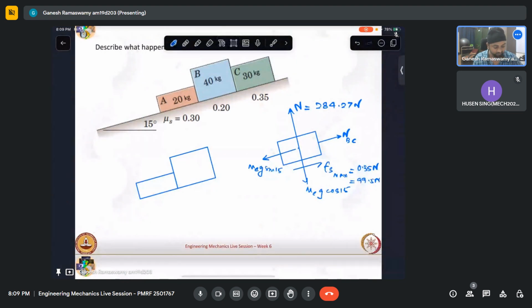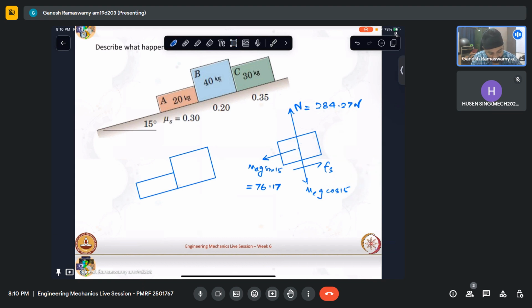Now let us see how much force is actually pulling it. It is 30 into 9.81 into sin 15. This is only 76.17. What this implies is this Fs has not even reached its maximum. It is only after Fs reaches maximum that NBC will come into the picture. So NBC is naturally not there because Fs is less than Fs max,